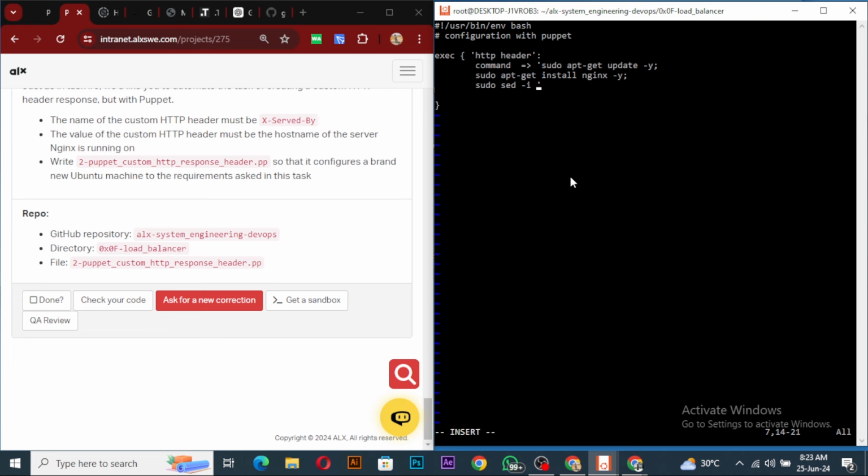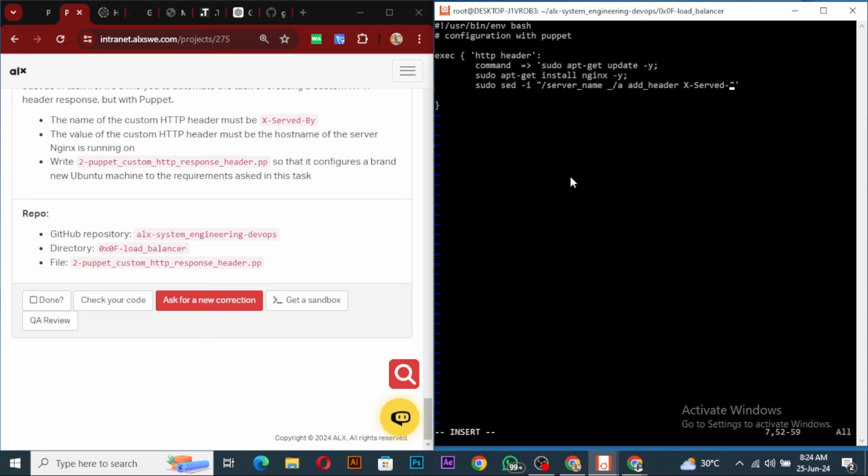So we'll use this, and once you see server name, we want to append server name underscore, add underscore header, add header X